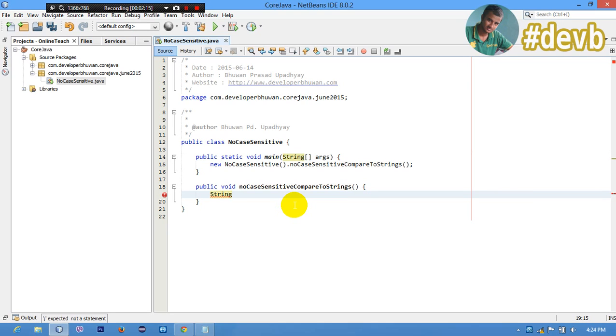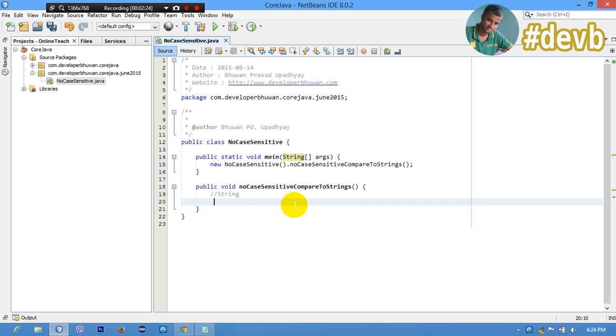String is one of the primitive Java classes which includes two methods for comparison.